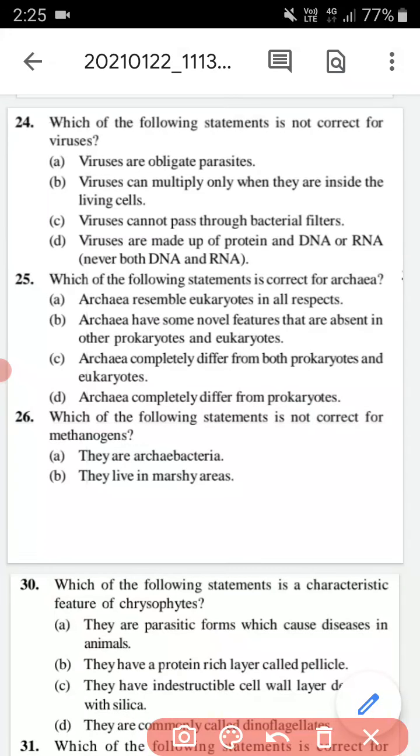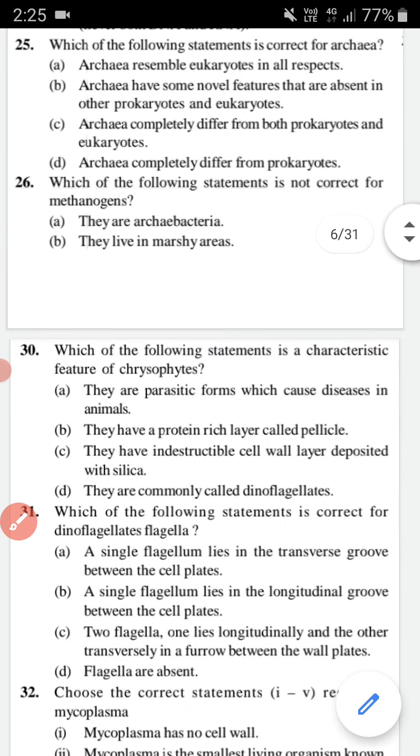Now we move to question number 26. Question number 26